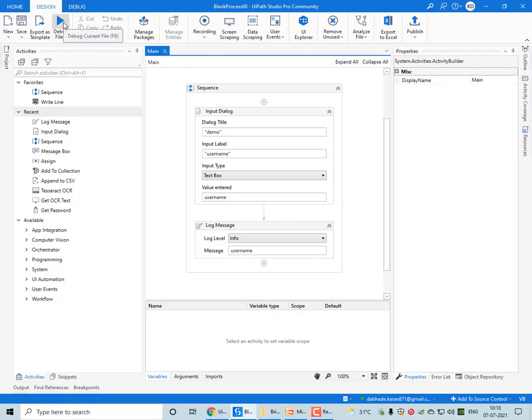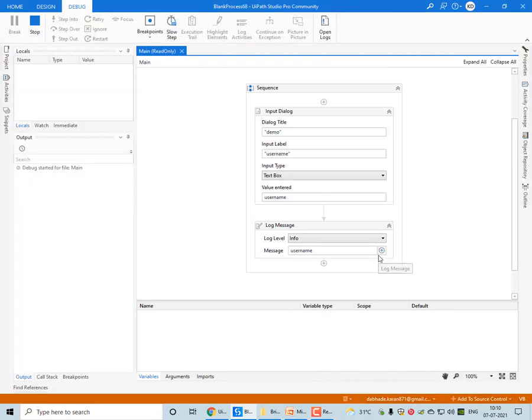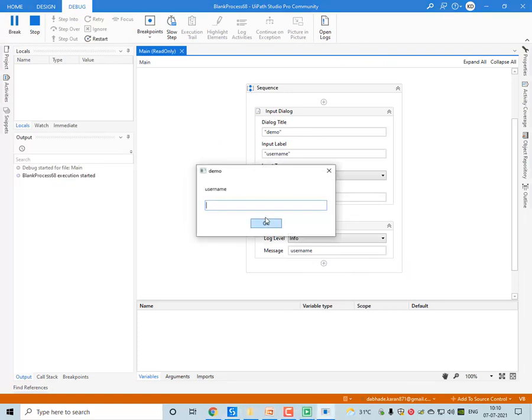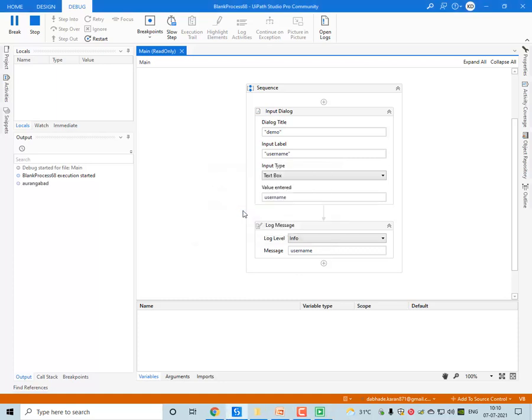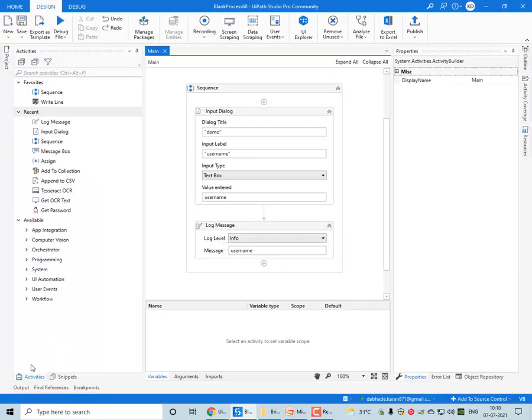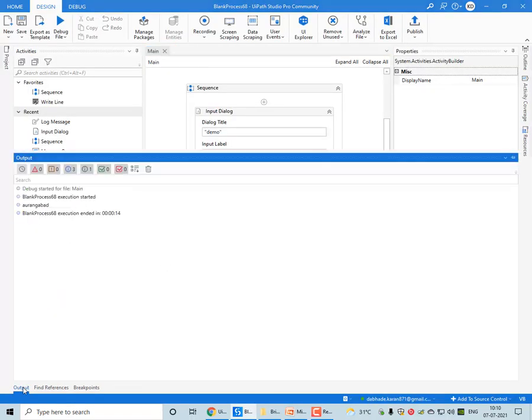Running this, it will ask the user to input the username, so I will input. So it has executed successfully. To see the output, you can see it printed Aurangabad, whatever input the user has given in that window.